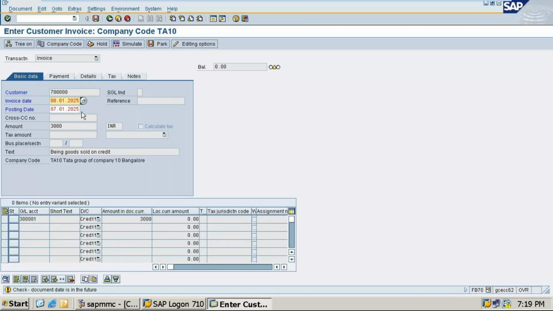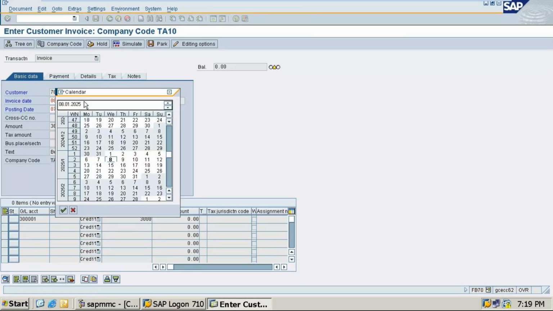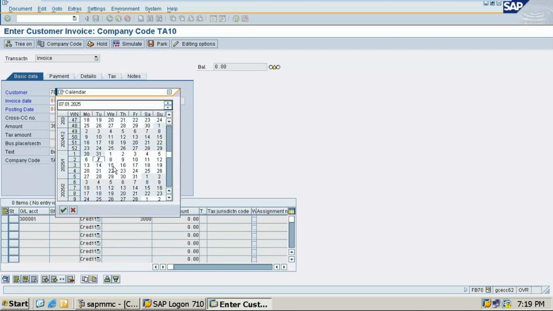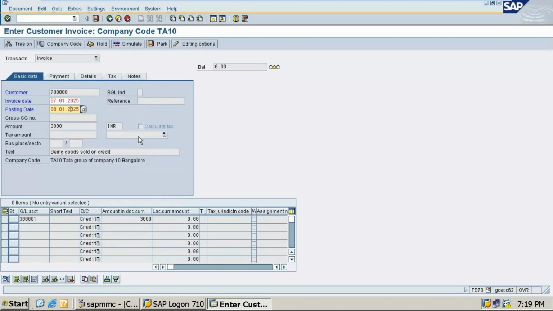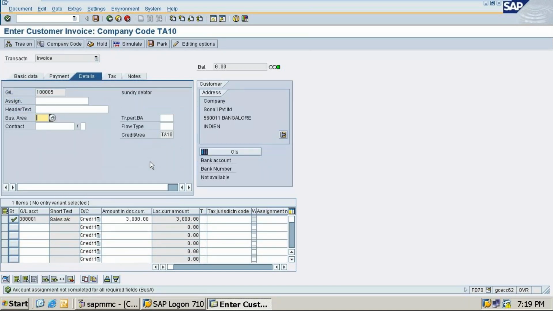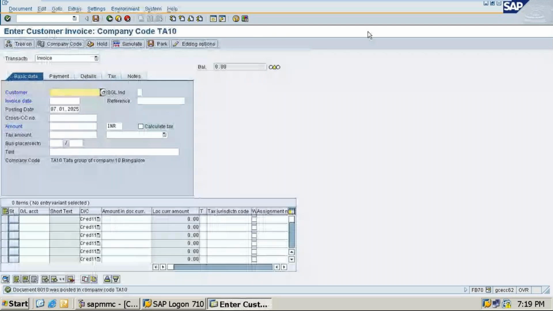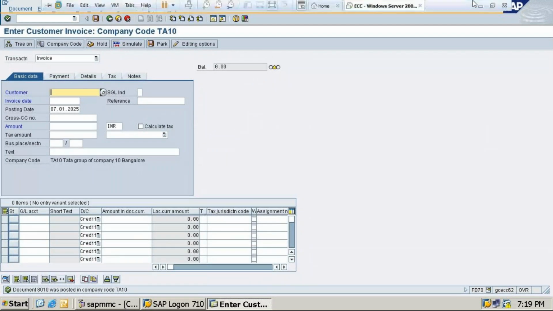Not possible. 7th. Posting date will be 8th. So press enter. Business area, yes. Posting date will be given as 8. Simulate, click on save. So this is all done, whatever we have done.